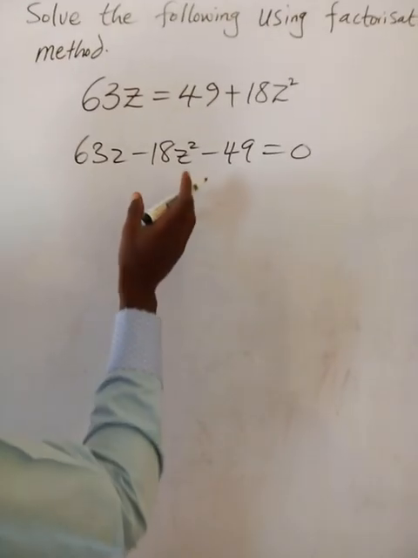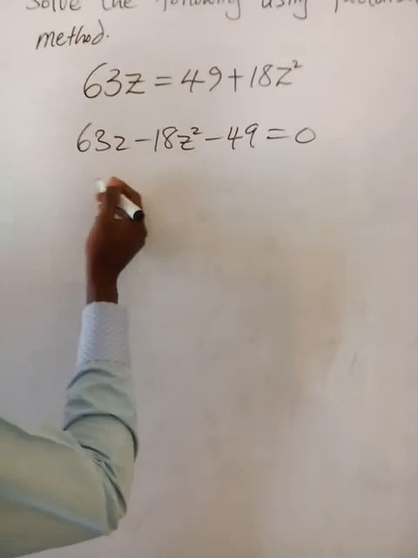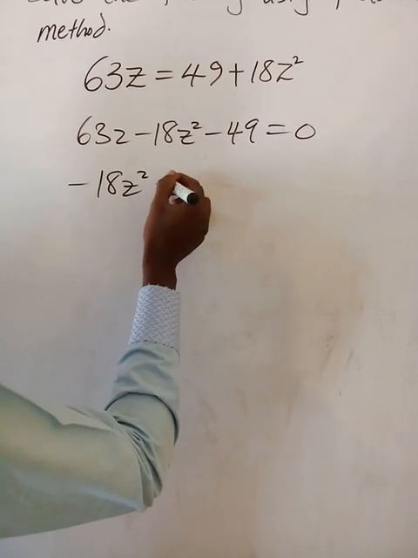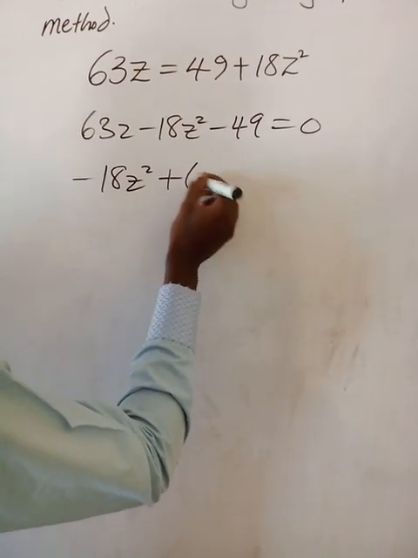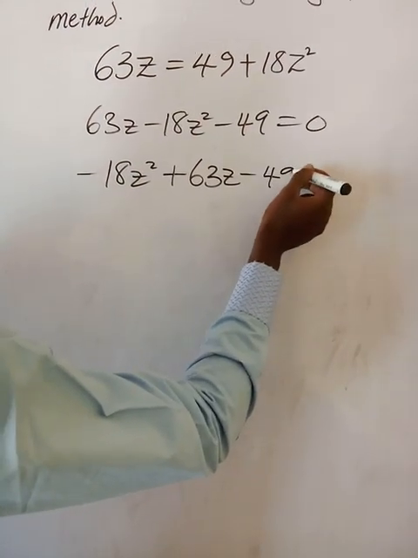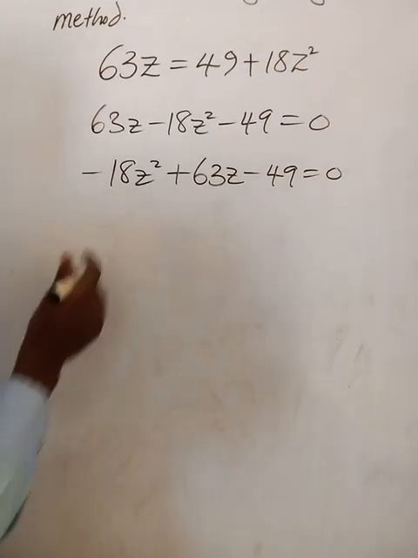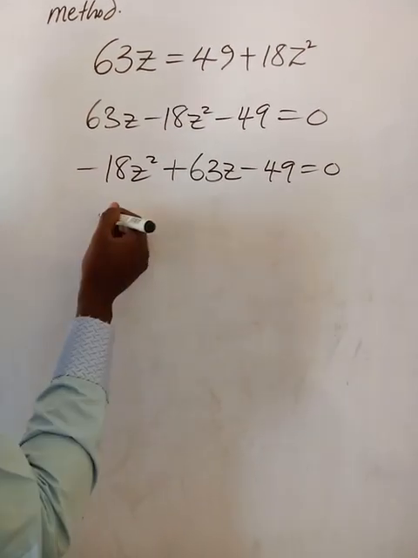And now, if you look at this, normally in a quadratic equation, this term with the square is meant to be at the front, so we can proceed to rearrange it this way. And this is supposed to be at the middle, usually in quadratic, so this will be 63z minus 49 equals to 0. And we can multiply through by minus, so that this will be positive, as it is usually in a quadratic equation. So we shall have